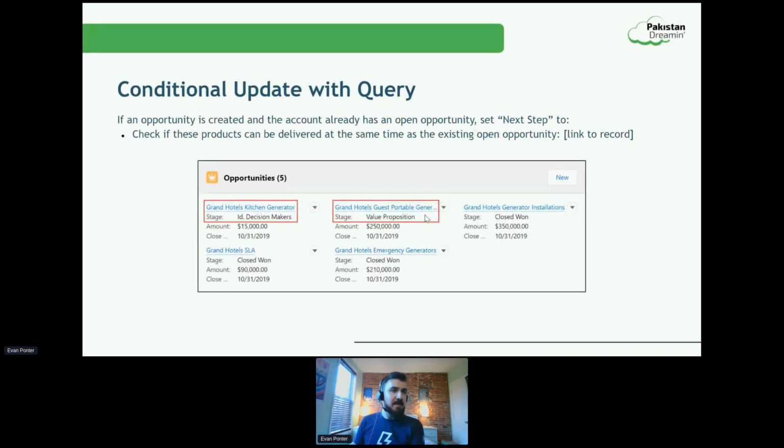So they're hoping that we can set up some automation so that anytime a brand new opportunity is created, we go check the account for any other open opportunities. And if we find one, we want to put some text in the next step field to see if those products can be delivered at the same time as the existing open opportunity, and then put a link to that record that we found. So there's a couple different things happening here in this example, but A, we need to